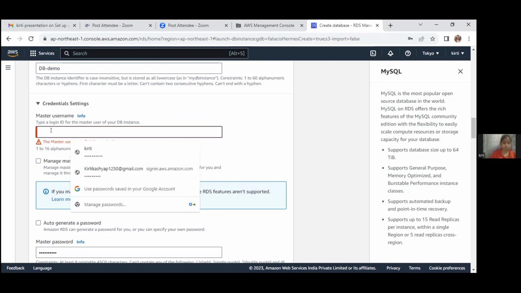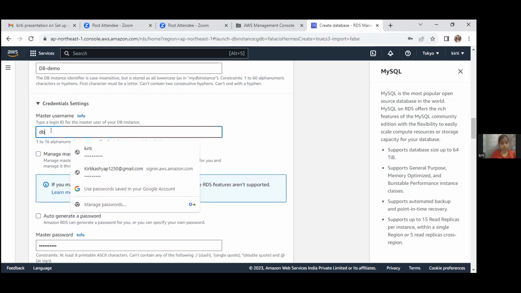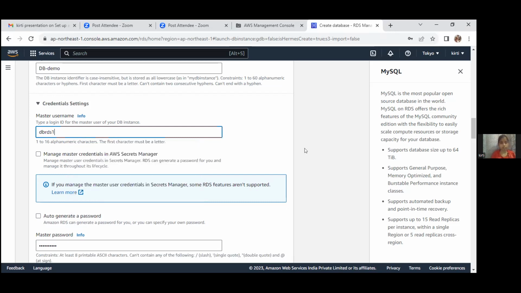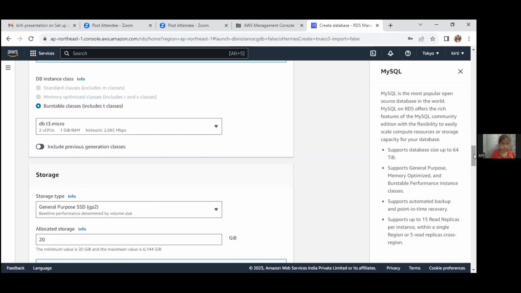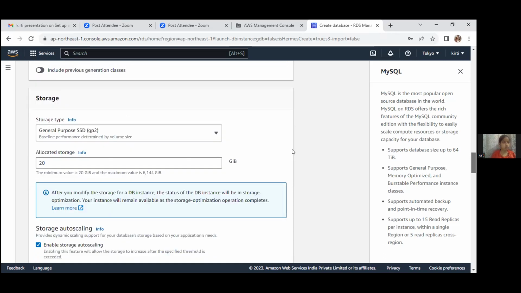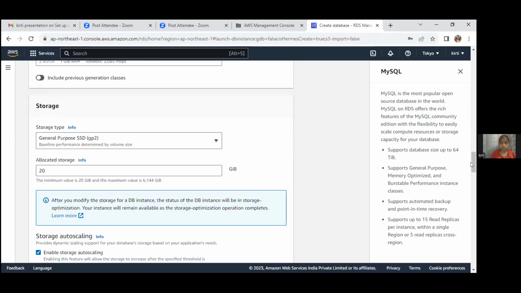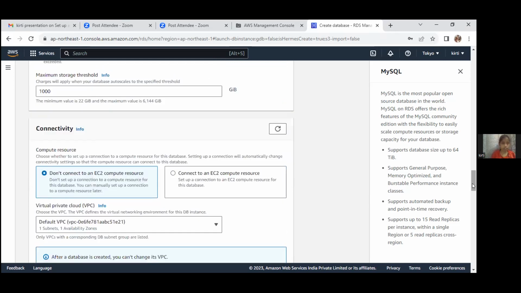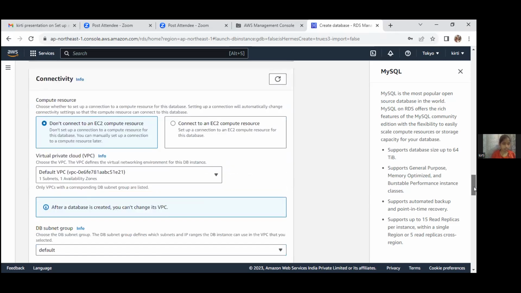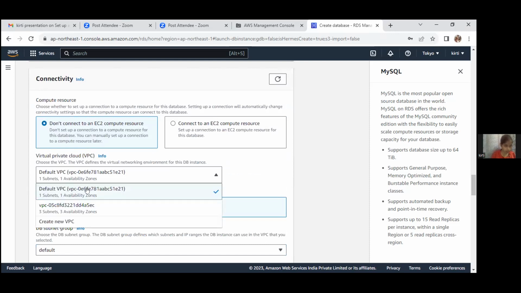And scroll down. Storage is by default, and just scroll down to connectivity and choose one subnet and one availability zone.